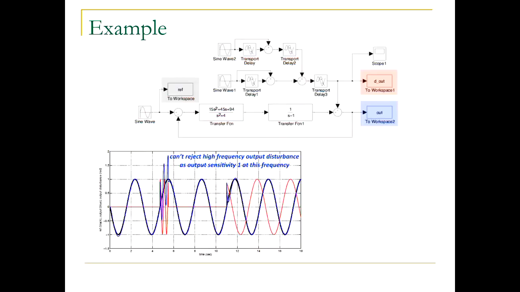All right, so what's given here now is a Simulink block diagram. The reference signal is given and it's of frequency 2, because we wanted to track references of frequency 2. And here you also have two different disturbances that are applied at this time, and one disturbance is applied at